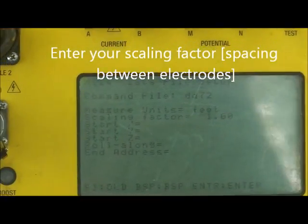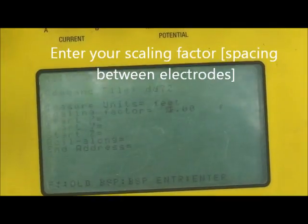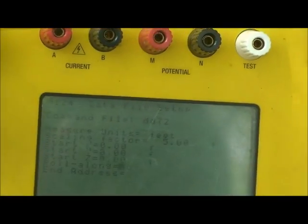Next thing, they ask you about the scaling factor. Basically, the scaling factor is the spacing between the electrodes. So, for example, if I want to use 5, just press 5. That means the spacing between the electrodes is 5. And press enter. So next, all these options just by default, just press enter, enter, enter, go to the end,